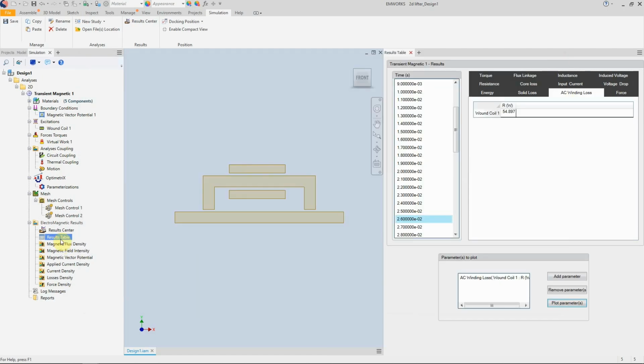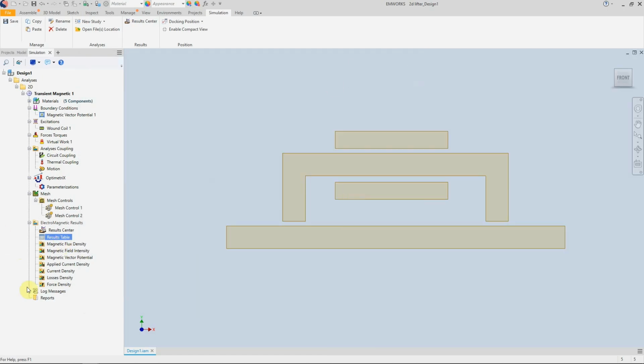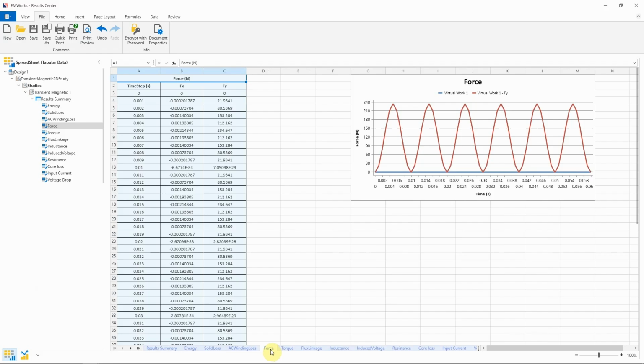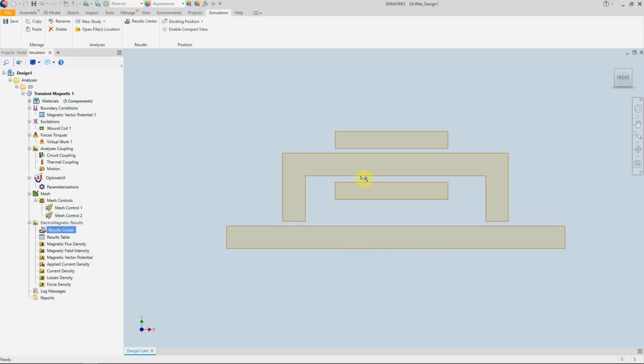This result table is an abstract of the results center that you can plot all the parameters from the menu. For example, if you click on force, it automatically plots the force versus X and versus Y. You have access to values here to be extracted from the software and can be used in other softwares for post-processing. In this video, we learned how to simulate this 2D magnetic lifter with electrical coil excitation, and in the